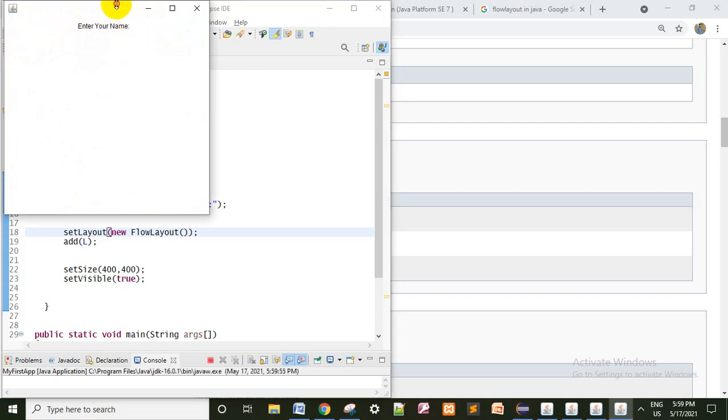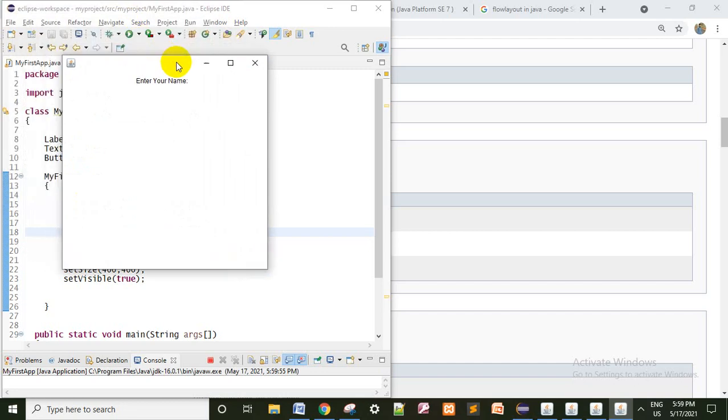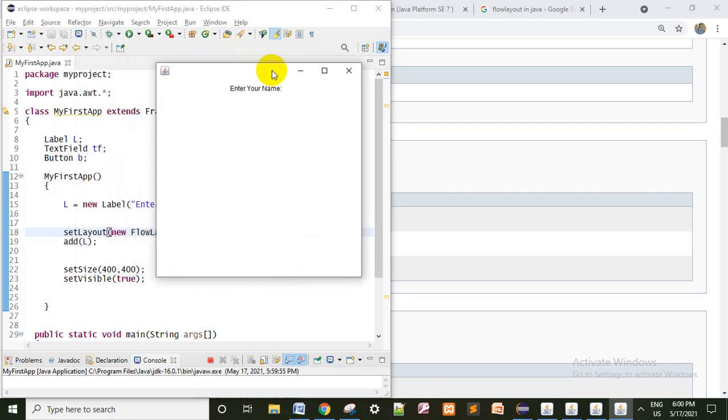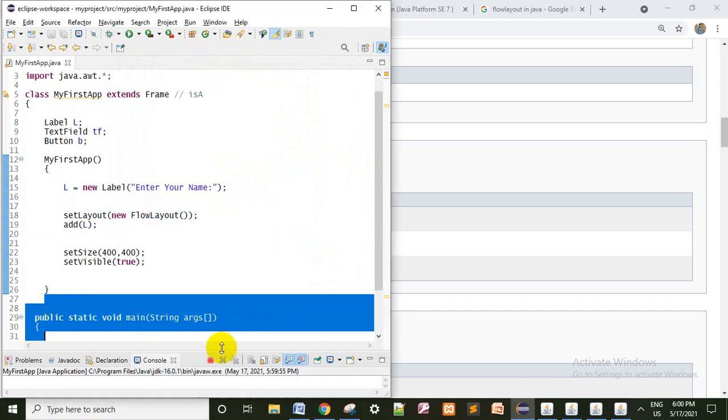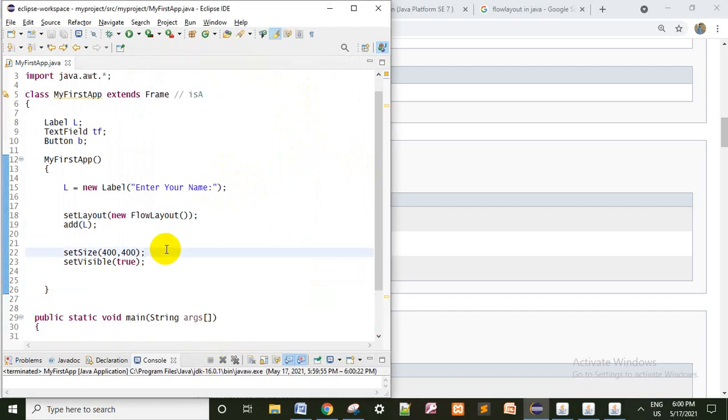See, now that comes in the first line, by default in the center. The next, if you want to add a text field, buttons, other labels, they come in one line, and when you decrease the size of this frame by dragging, automatically they come down. So this is what setLayout we are using.